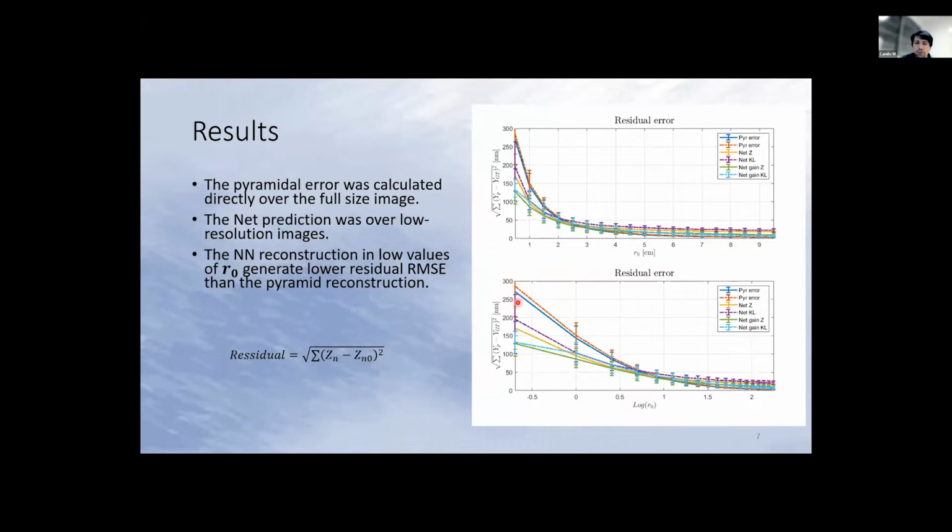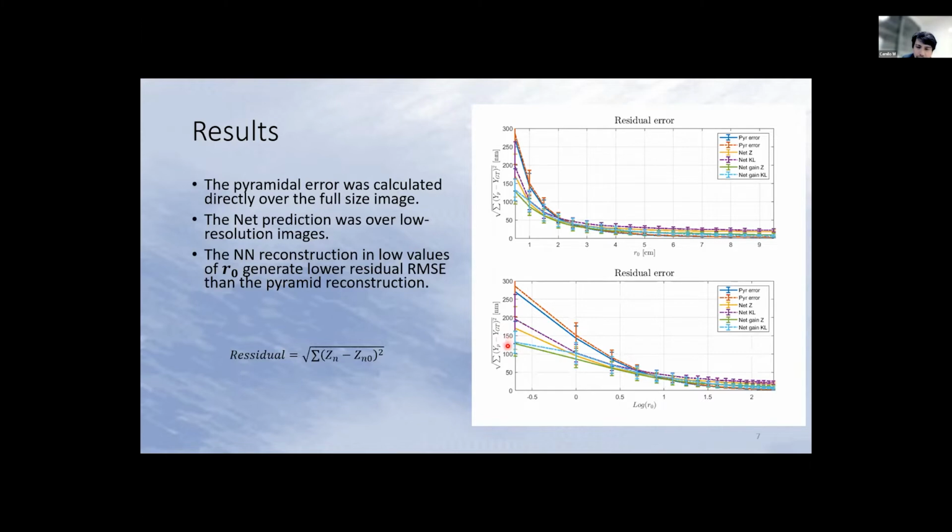This is the residual for the reconstruction minus the ground truth given by this equation. We get that the pyramidal error was near 300 nanometers, but in the case of the neural network, we get that the error was in this case here in